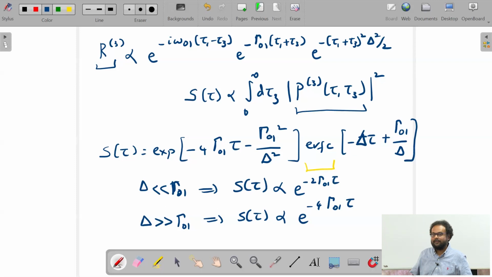In both cases, right? Now you will ask, why should we have both fast and slow fluctuations at the same time? Is there a reason? Anybody can answer that? Why did I write both Γ01 as well as my Δ there? In the previous few slides I said that if I have slow fluctuations, I can write this using one common Δ, and depending on the correlation time, I can have fast or slow. But here I explicitly write down both my fast as well as slow fluctuations. Why is it the case? Why did I write that?